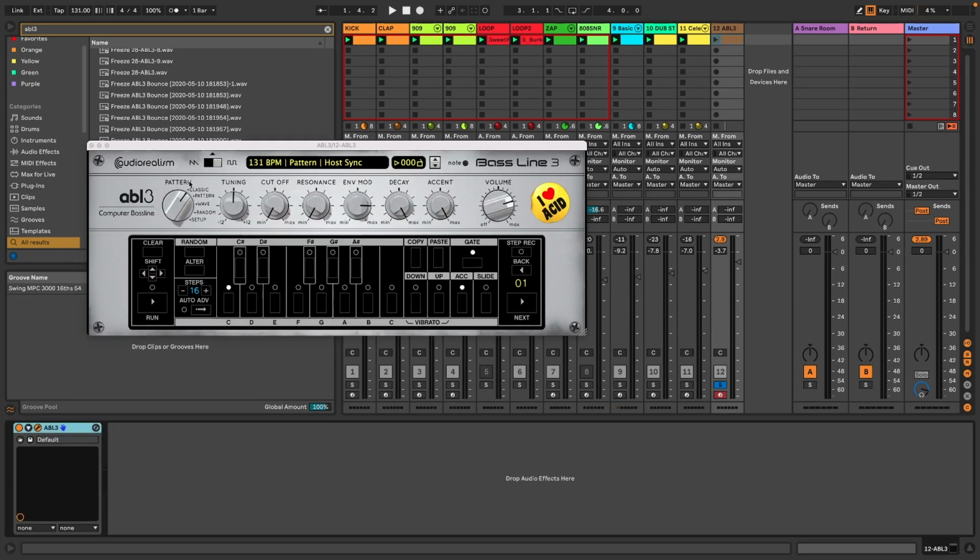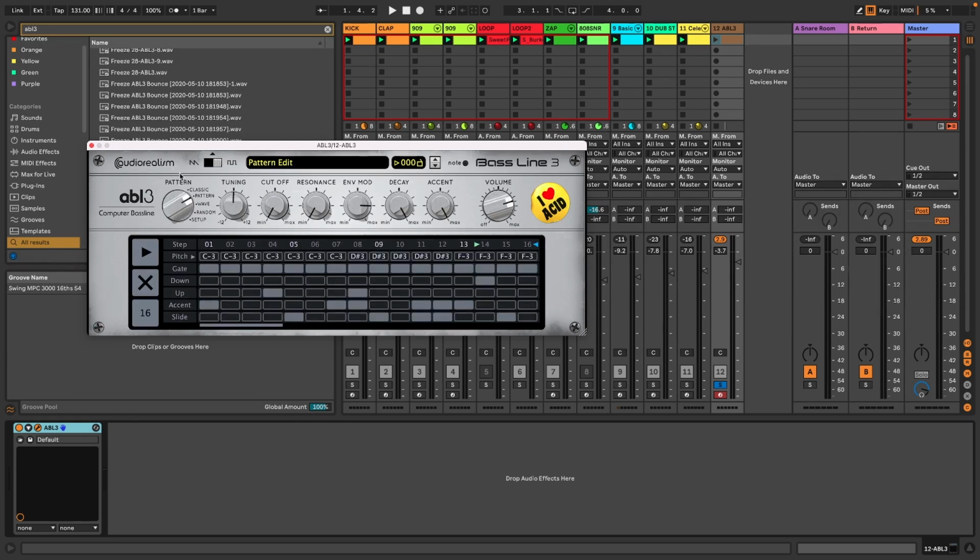So if you look here, it says pattern. We need to change this from classic to pattern, and now we can see all the notes in this scale. So as I said, working in G, what that means is all these notes need to be in G for it to sound right. Funnily enough, all these notes are actually already in scale. It looks like this is C minor, but I'm going to change all these pitches to G2. So that means they're going to be corresponding with the root note of the bass line. So I've changed all of these to G. We can actually leave these other bits where they are. So if we press play now,